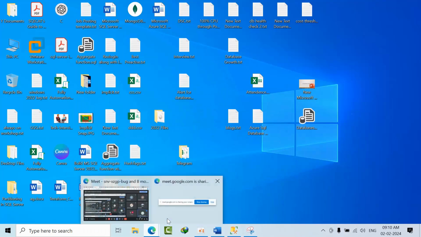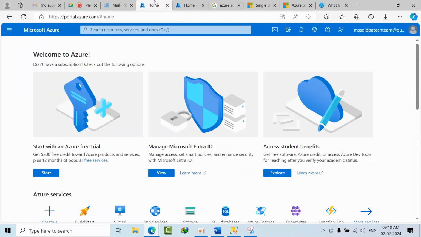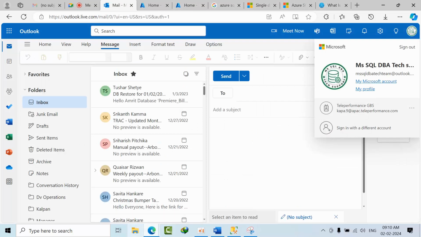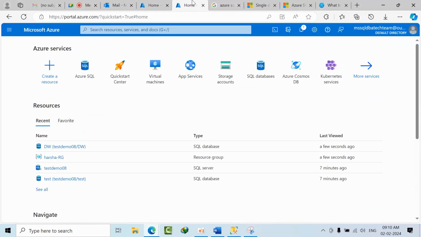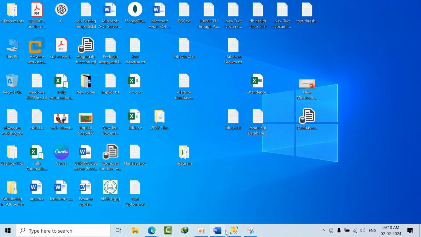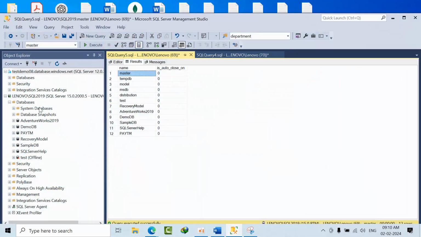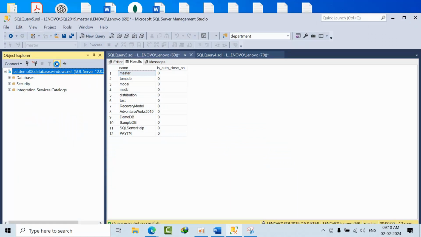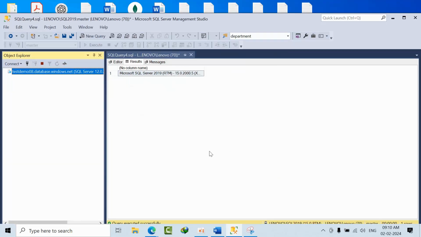Meanwhile, let's see whether the database got created or not. Deployment succeeded. Now I am disconnecting this one. Now you are seeing the difference, right?